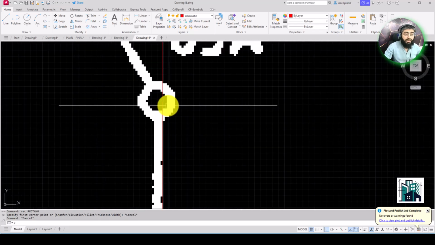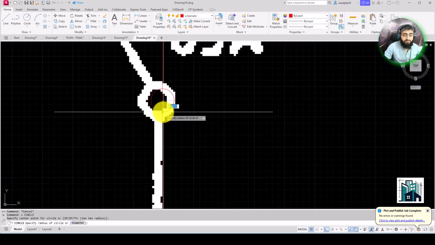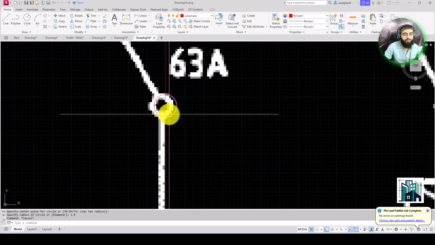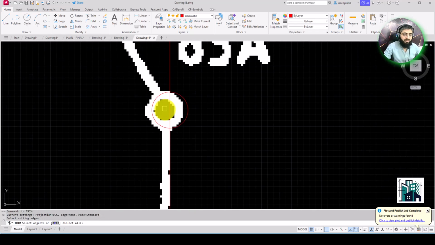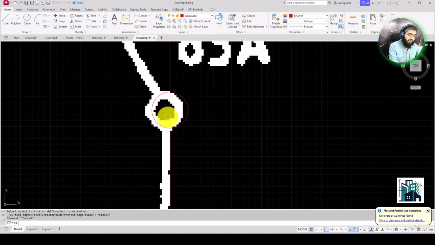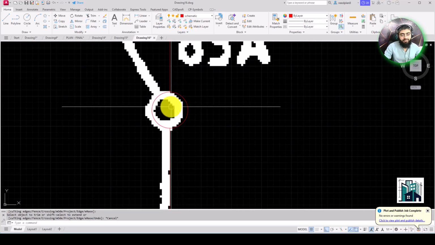So I'm going to draw a circle here, 1 mm, 1.5 mm, and then TR. When you enter TR, the trim command will be active when you click the space bar. Then you'll have to click here and then enter and then here.